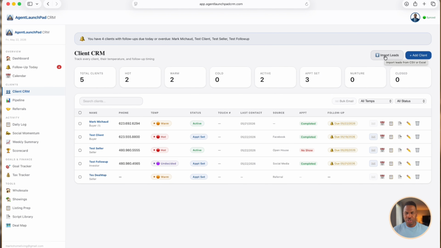It's simple, straightforward, just like most CRMs where you import leads. You just grab your CSV file or your Excel spreadsheet, right? And then you follow the tabs and make sure that they align with the categories that are here. Ideally, what you'd want with your CSV files before you import them, so that you don't have any issues with aligning,